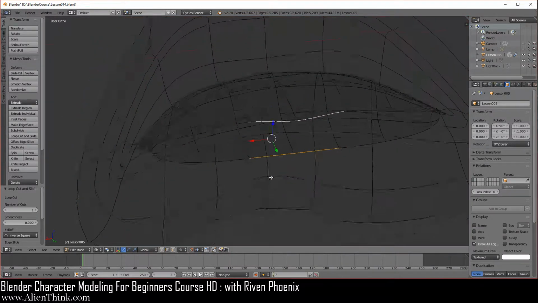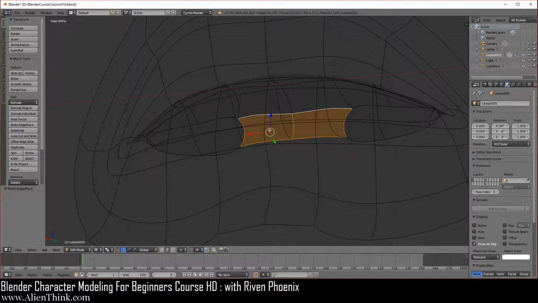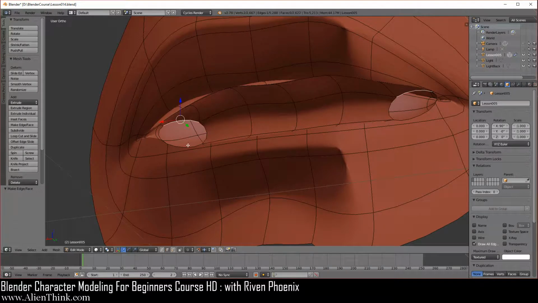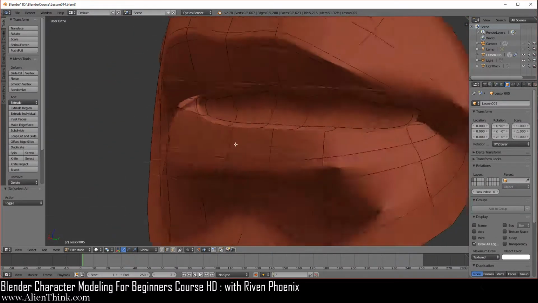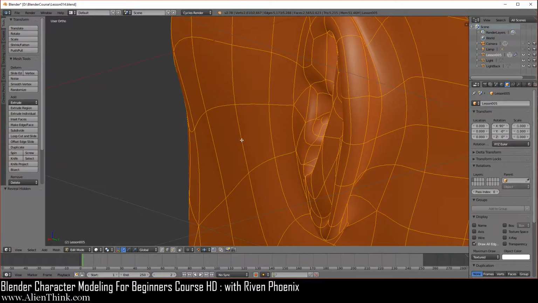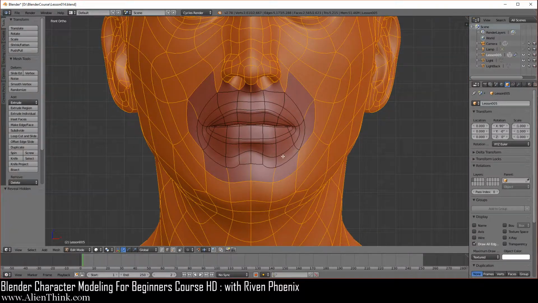Okay. Now click on this over here, this face, and you want to click on this face. Okay, if I press Z, you can see what we're doing. If I press F, it'll close it. Okay, I'll press the Z key. Click on this one, press the F key to add a face. Click on this one, press F to add a face, A to deselect. So now the inside over here is closed. Okay, now do Alt H to bring the whole figure back, press the 1 key, A to deselect.